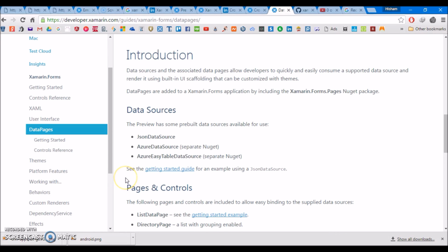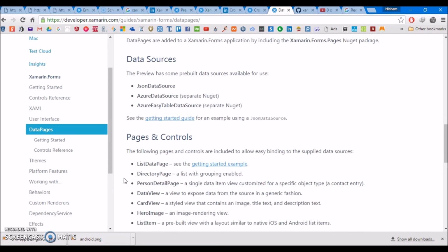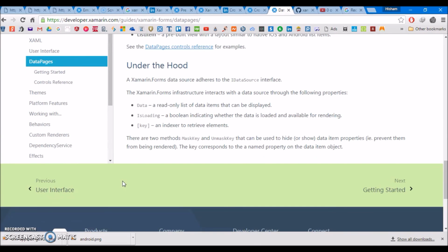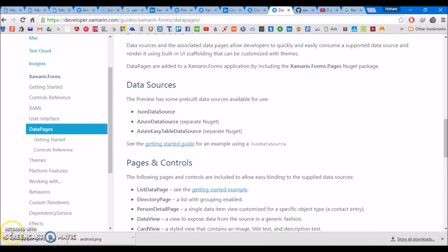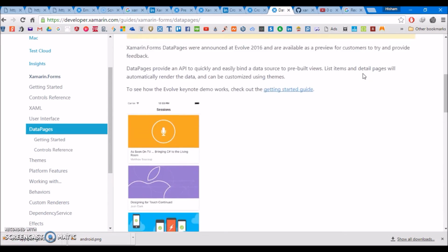Although it depends on whether your machine is fast or has high performance. Okay, that's for the